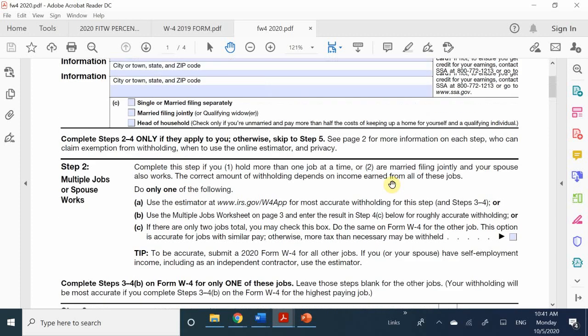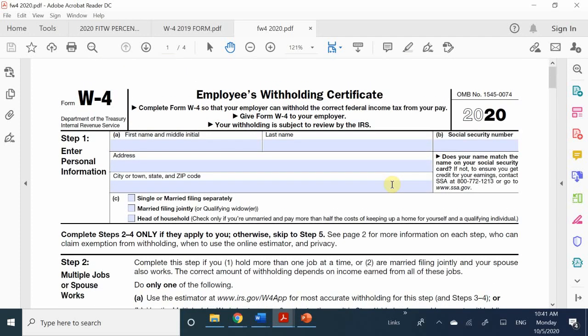And that is what you're going to be totaling up if you get a job as of 2020. So I want you to make sure when you're signing a W-4 form and you're turning it in to your employer, this is the form that you're going to be using. Now, of course, if you've had a secondary job or not, before all this happened, you more likely have already signed the W-4 form for 2019, which in that case,